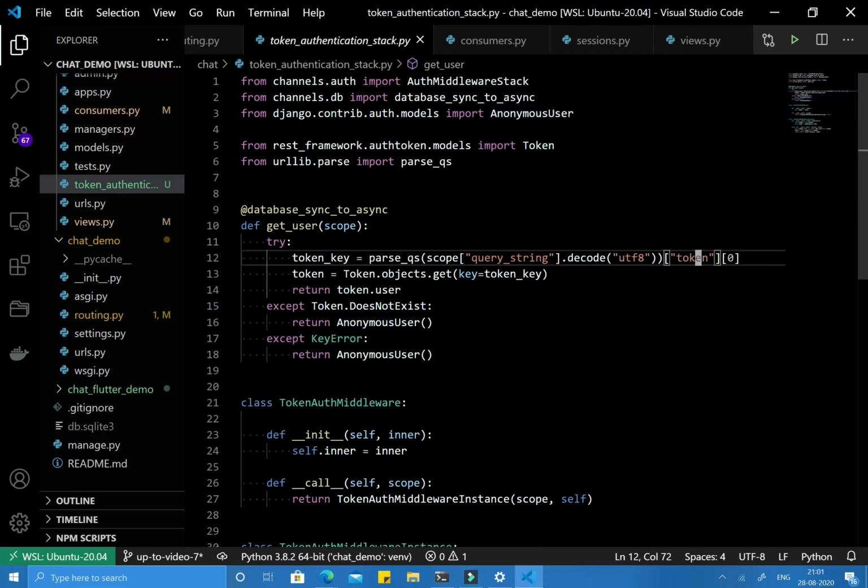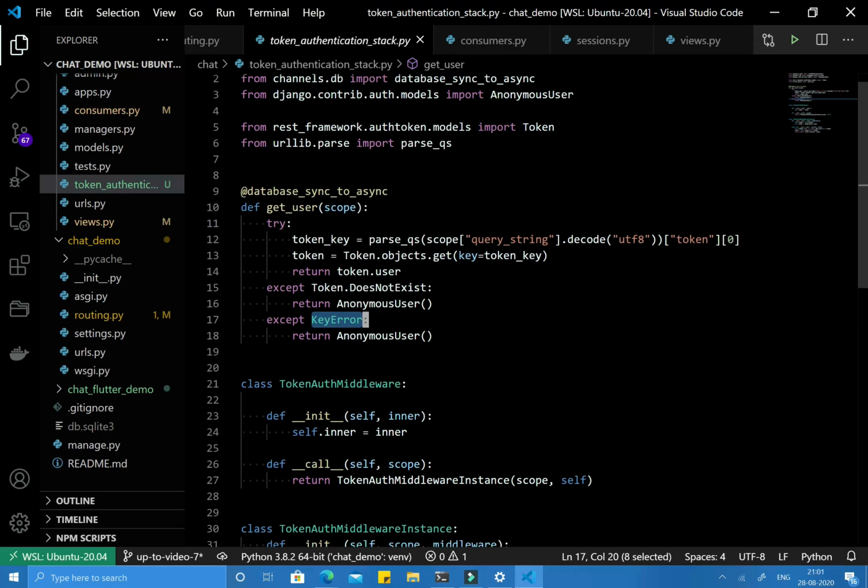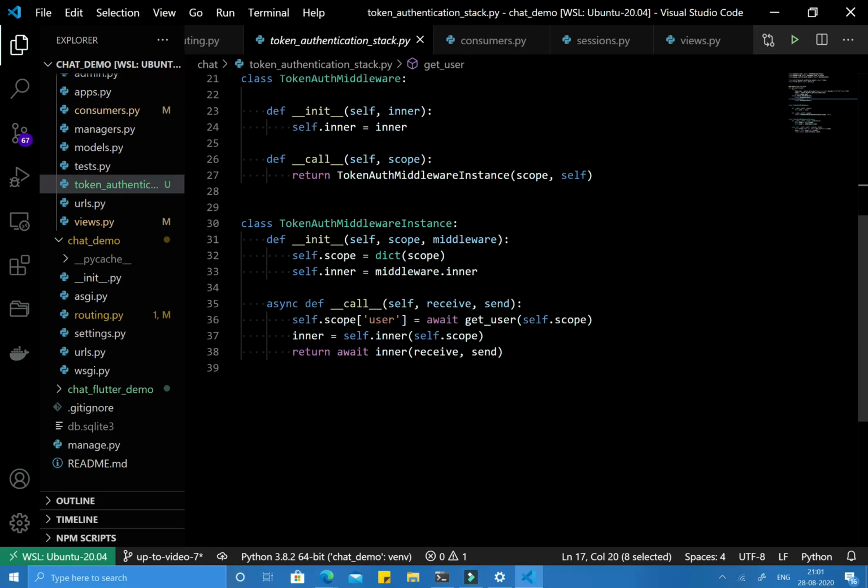And if the token is not passed at all, it will raise a key error, and we also pass the anonymous user for that case. So now we have the user and we assign it to the scope under the user key, and now we pass that scope to the inner ASGI application, and we return that inner with receive and send arguments.